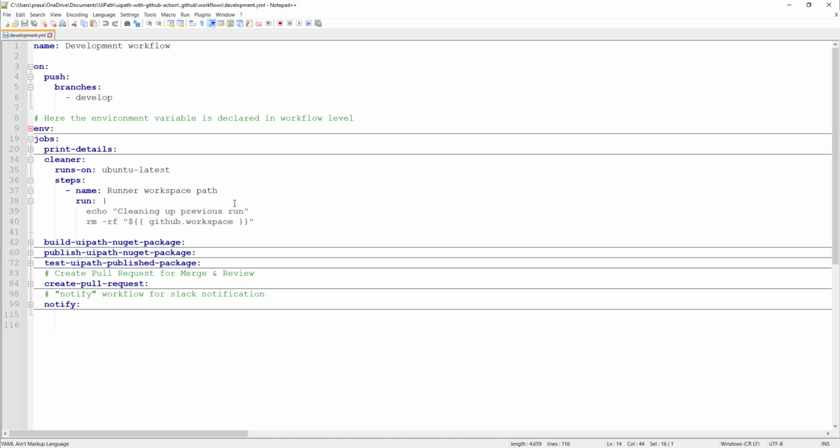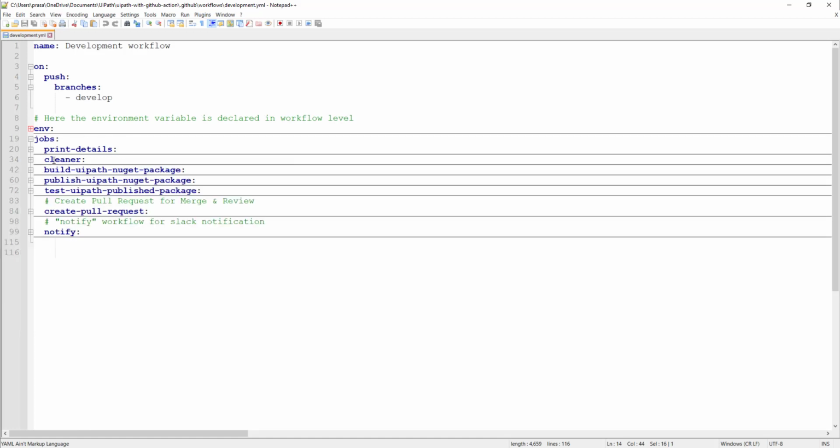That's a temporary folder. It is created at runtime, but even though it is created at runtime, I am cleaning whatever content is inside that workflow workspace, so it has to be deleted, right? So that's the reason I have written rm -rf and the location of the GitHub workspace, which will be dynamically given. Usually that will contain the name of your GitHub repository, right? So that's job number 2.